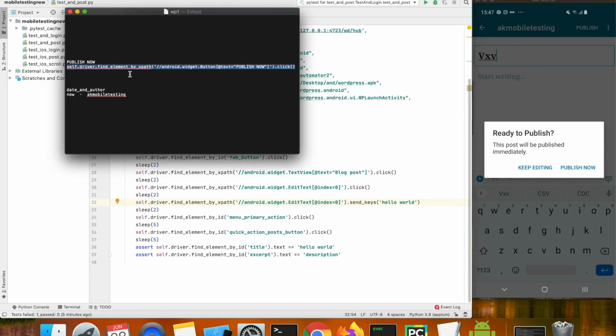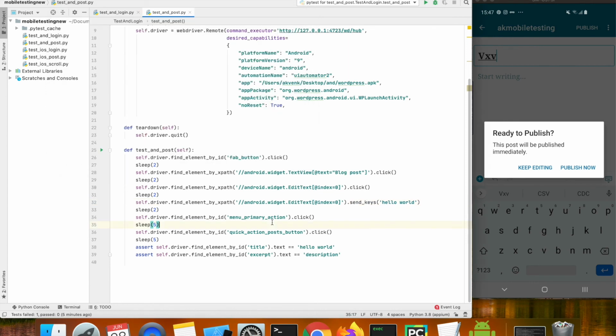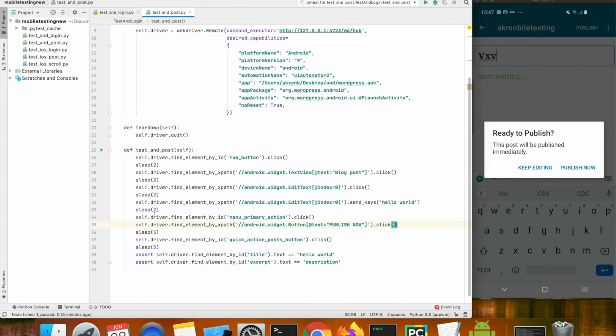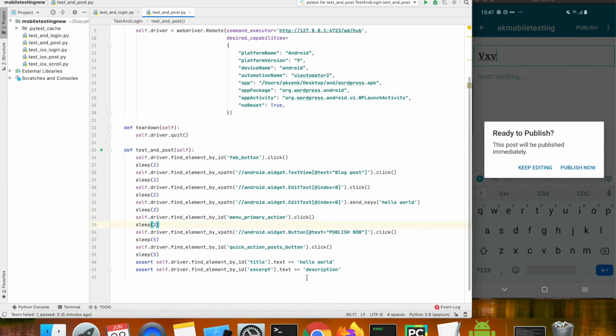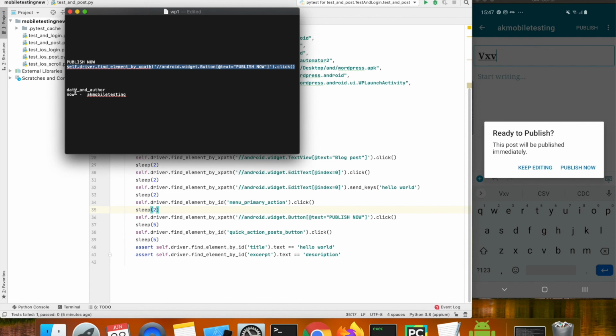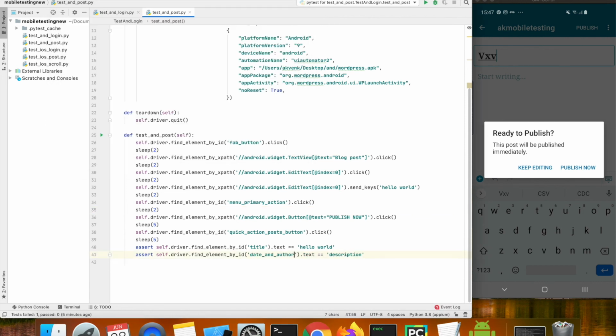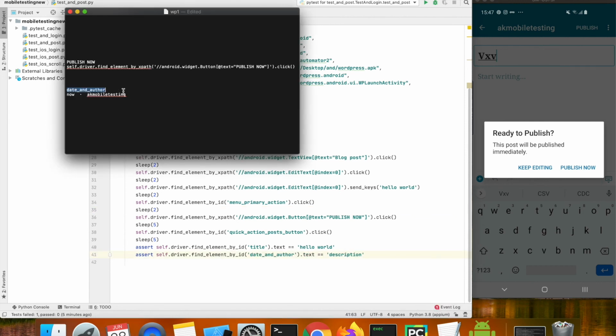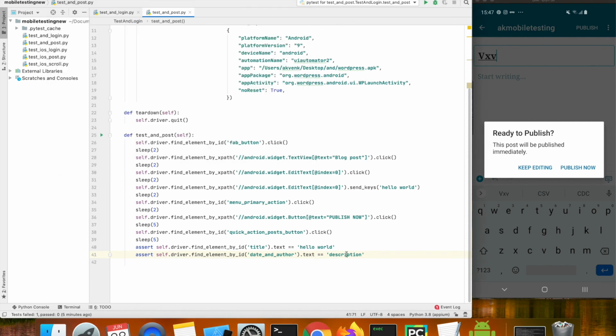I am adding an action to click on the publish now button in the pop-up, and I have also noticed that we can verify the date and author. So the text will be now, mobile testing, AK mobile testing.